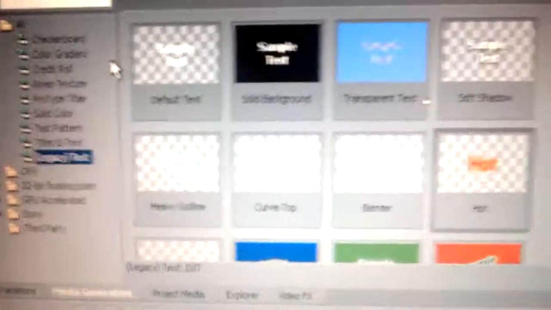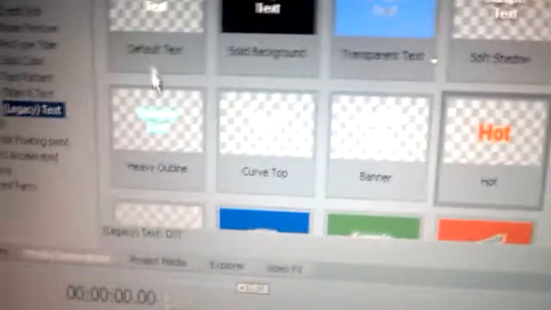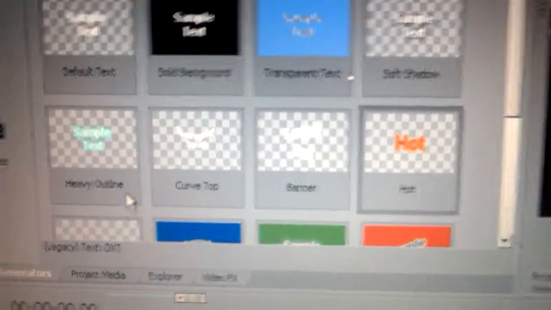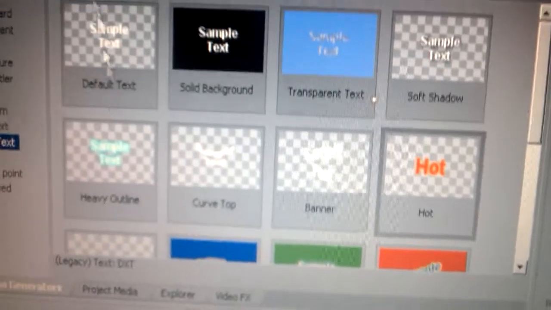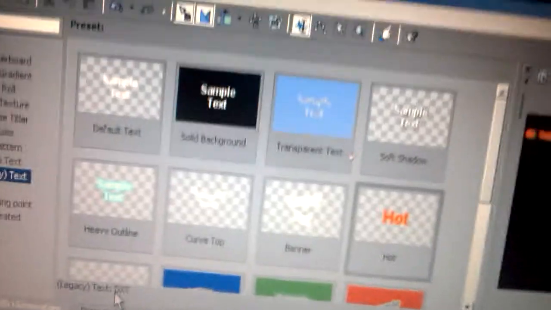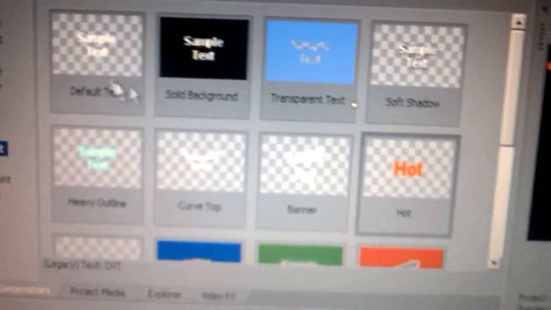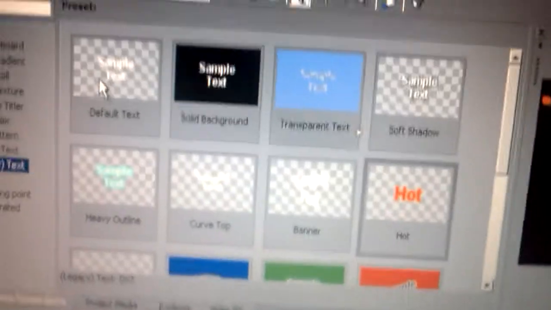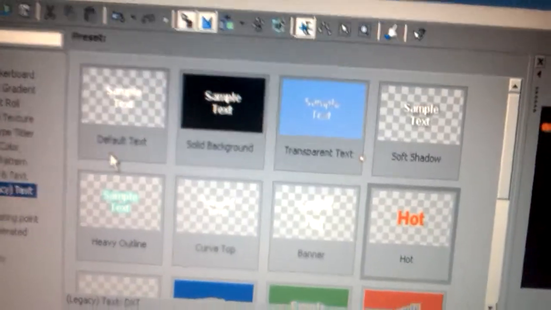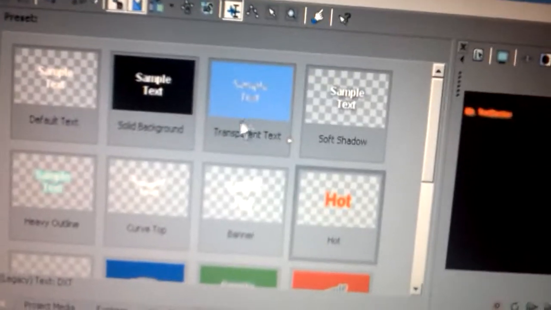It's already automatic. So the first thing you want to do is make sure your Media Generators tab is open and choose from any of the different fonts, outlines and texts that are on the light and dark gray checkered background. Because if anything, whether it's pictures or text or GIFs, is on the light and dark gray checkered background, that means it's on a transparent background. You don't want anything that's in this background because it may show more of the background, not much of your text. So yeah,